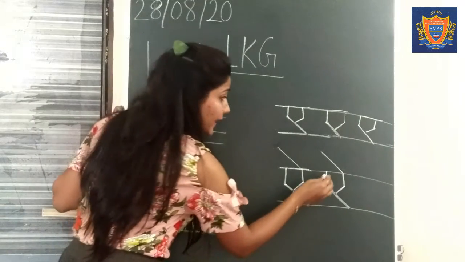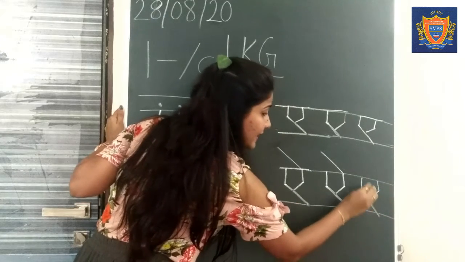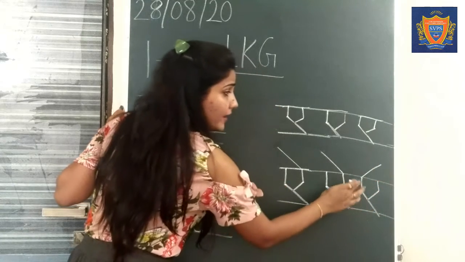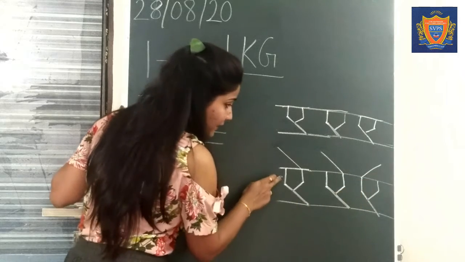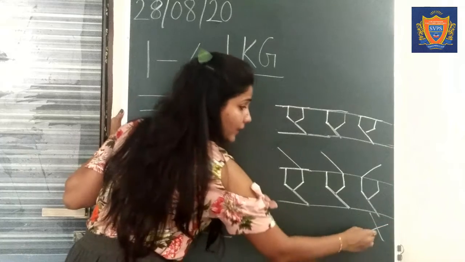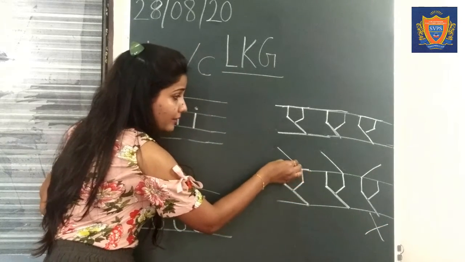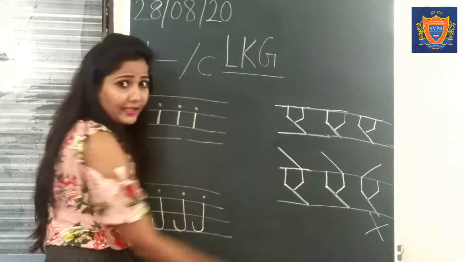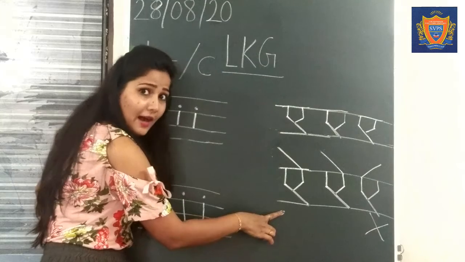Sometimes kids draw the standing line from here. So we have to draw the slant line from the second standing line. This is the first standing line. This is the second standing line. This akshar is wrong. Okay? So we have to draw the slant line from the second standing line. A, A, Ka, I and a Ka.